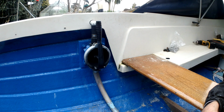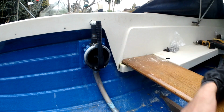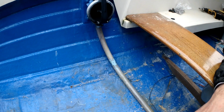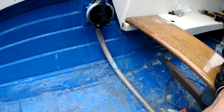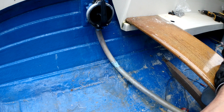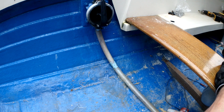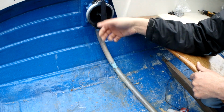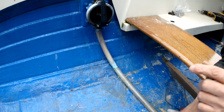Another work in progress, so things will obviously keep changing, but that is the idea at the moment. And this will stay on, and I might try and change the pipe on that to maybe something a bit easier than this. This is very stiff, obviously you don't want it collapsing, but I might take it back and put almost a hose system here, a hose pipe,